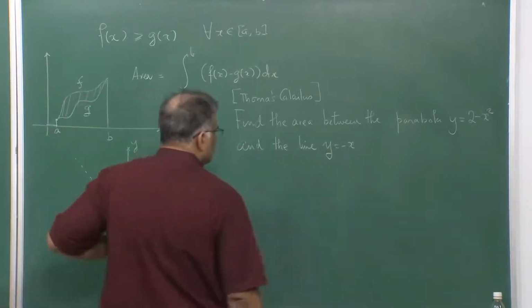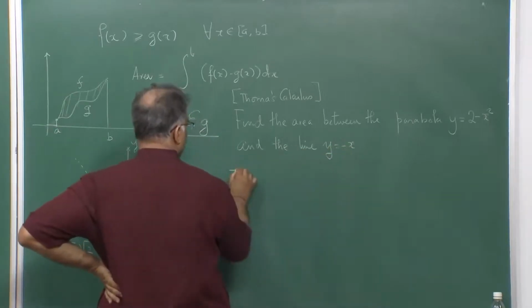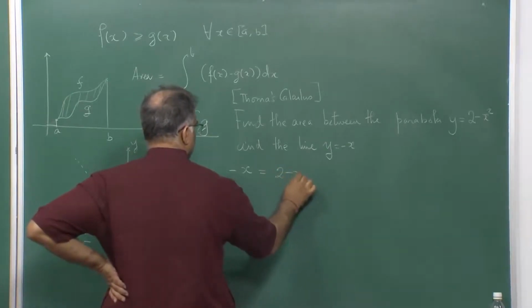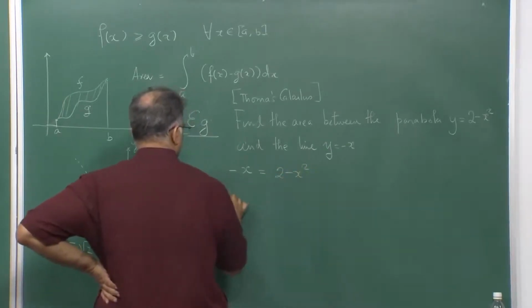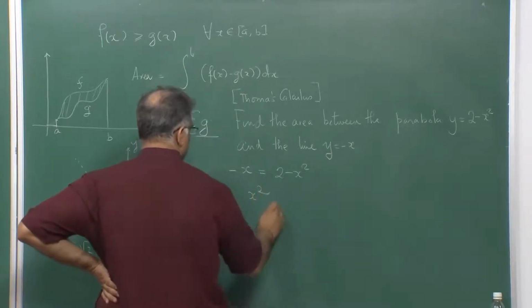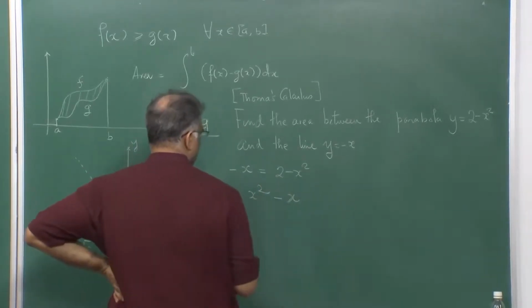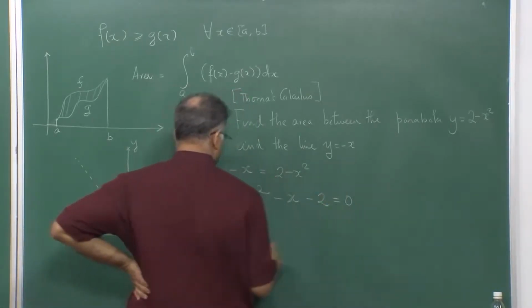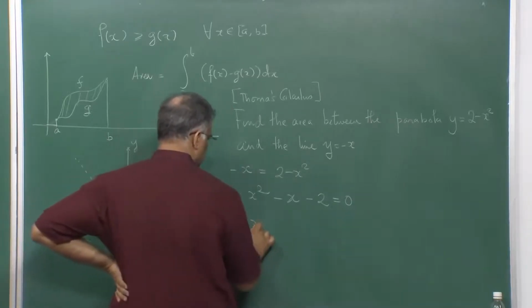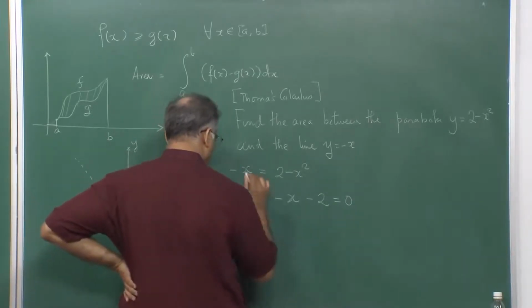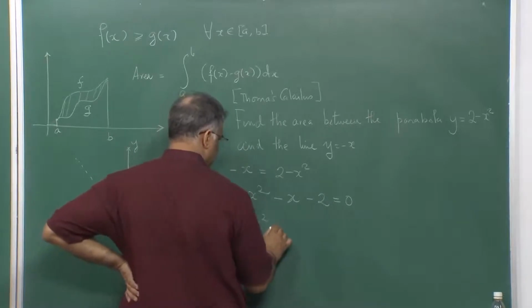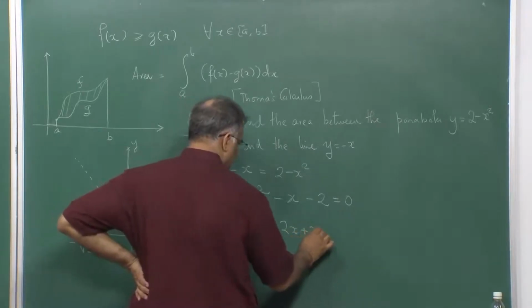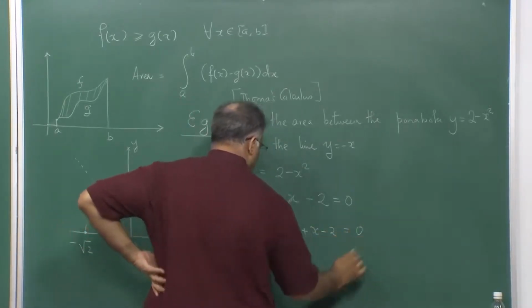So, put y equal to minus x. That will imply x square minus x minus 2 is equal to 0. x square minus 2x plus x minus 2 is equal to 0, which gives me,